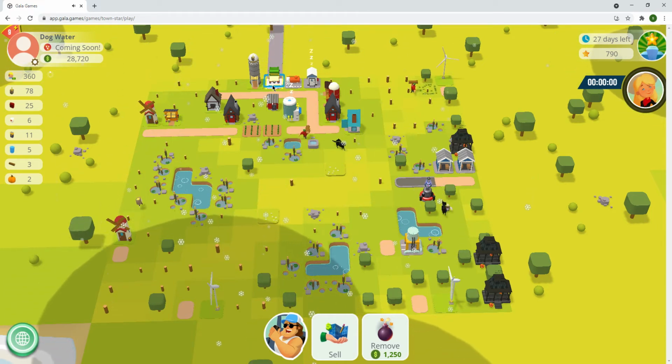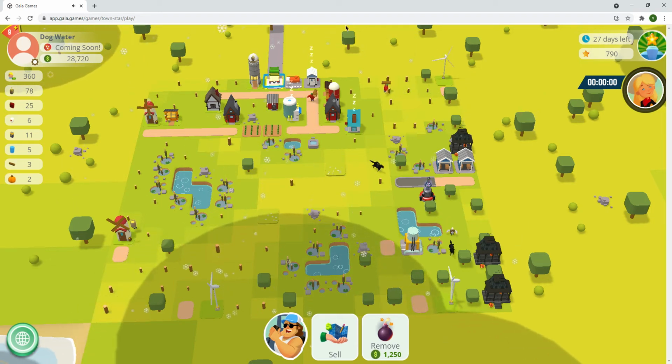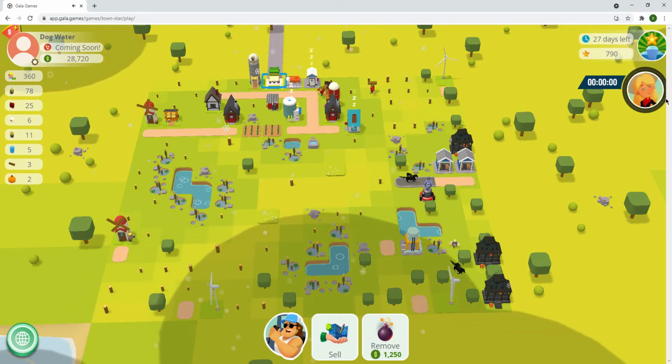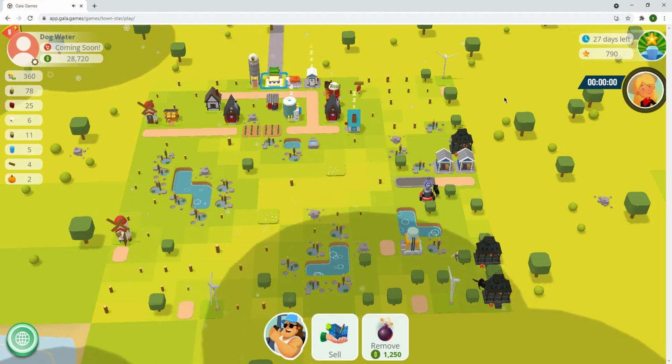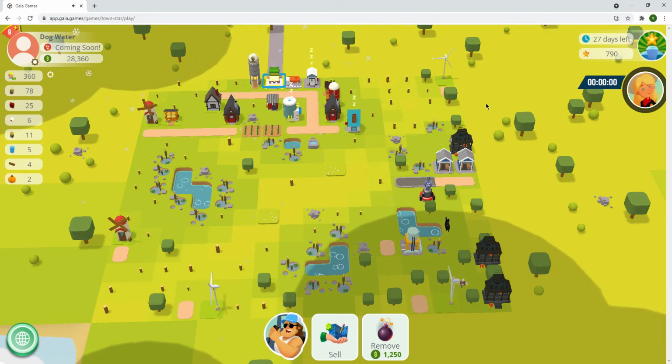So we're going to get you guys doing a couple of sells. We're going to be able to make you reach your goal for the day within a couple of sells a day. So